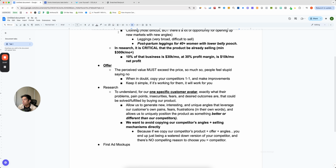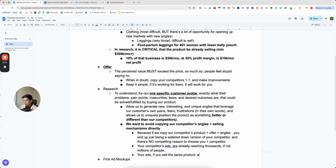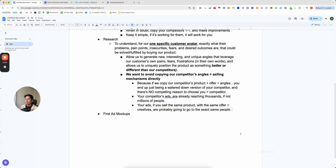Especially if you think about brands that are doing $300,000 per month, your competitors' ads are already reaching thousands, if not millions of people, right? Your ads, if you sell the same product with the same offer plus creatives, are probably going to go to the exact same people. So if your ads go to the exact same people and you're showing the exact same stuff as your competitor with the exact same offer and same creatives, it is literally, there's a psychological term